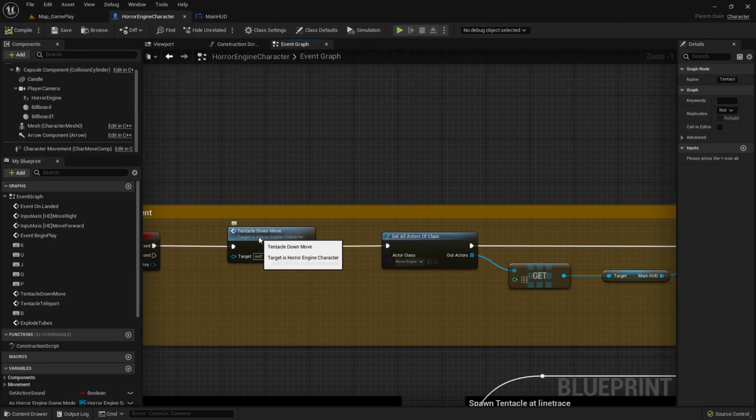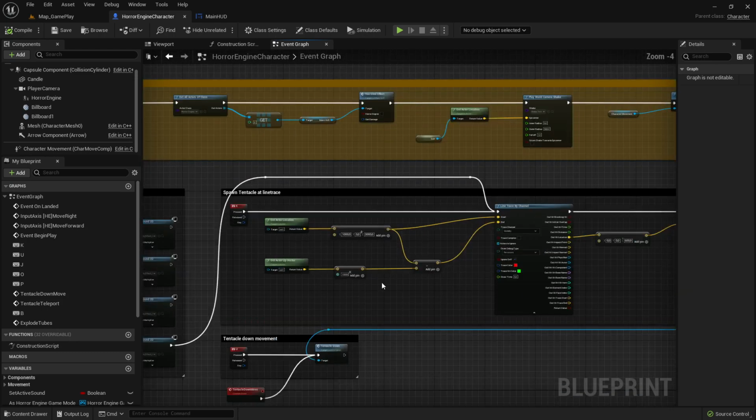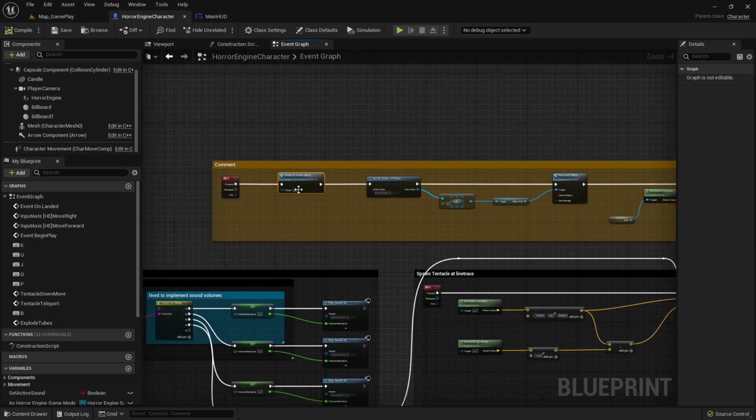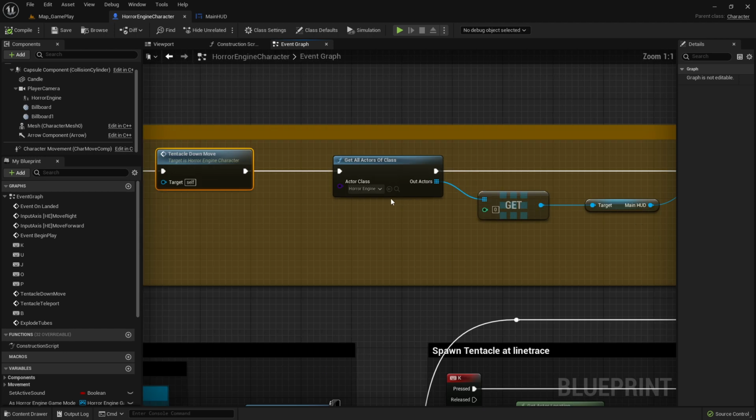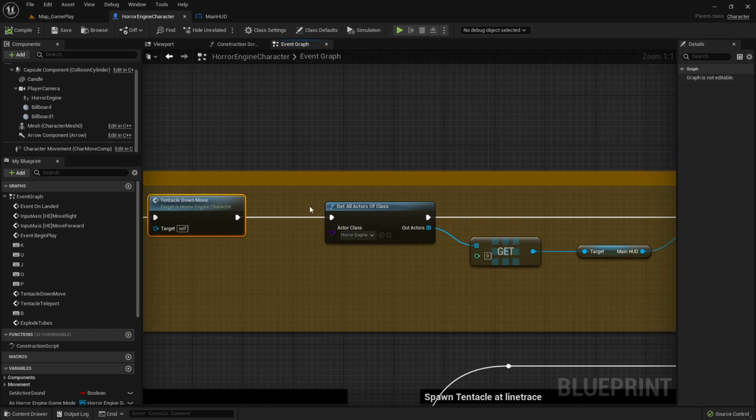So first of all, we make your tentacle down. You can make, of course, this teleport to your place, and then yes, I think we set this up next time because I have to talk here a little bit about other things first. The next thing is